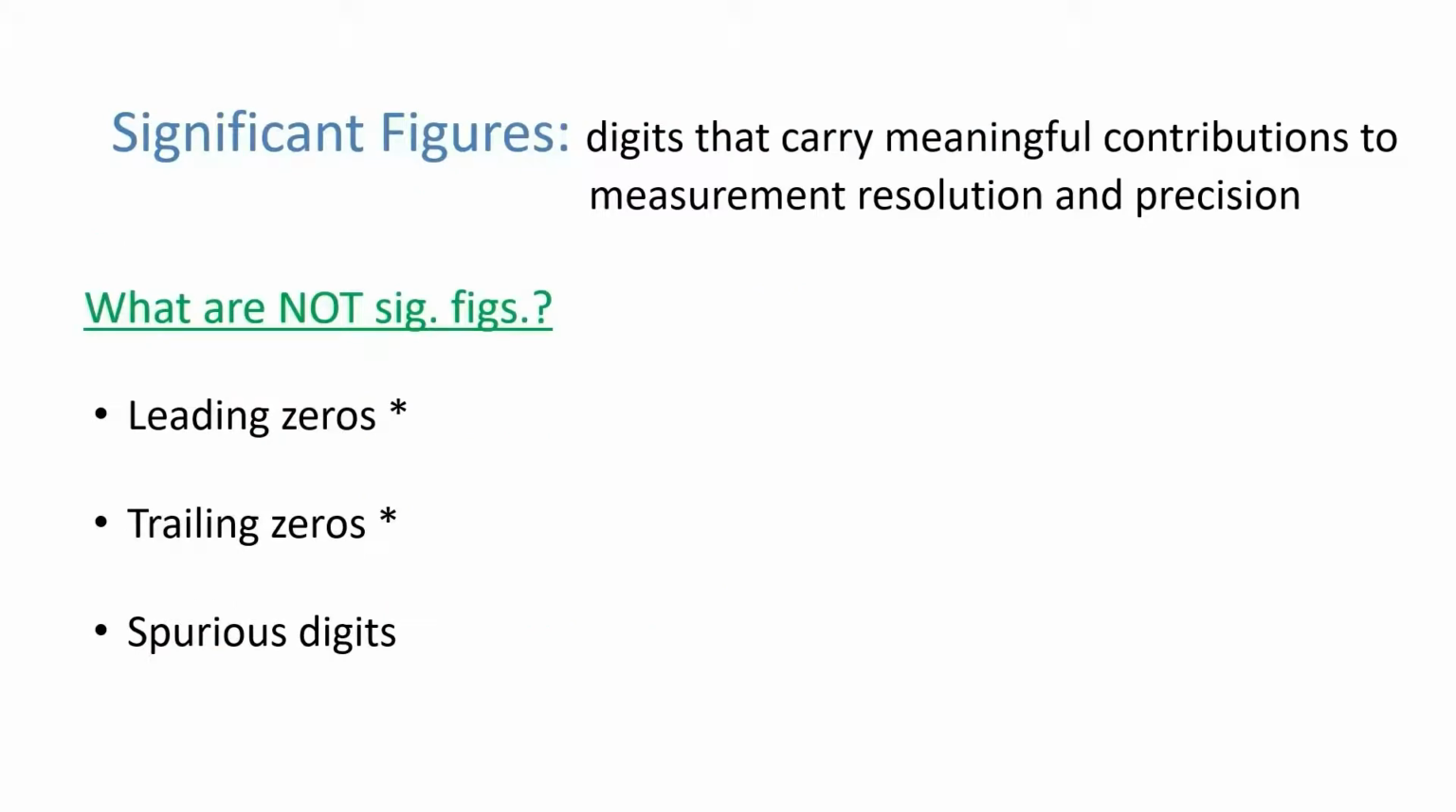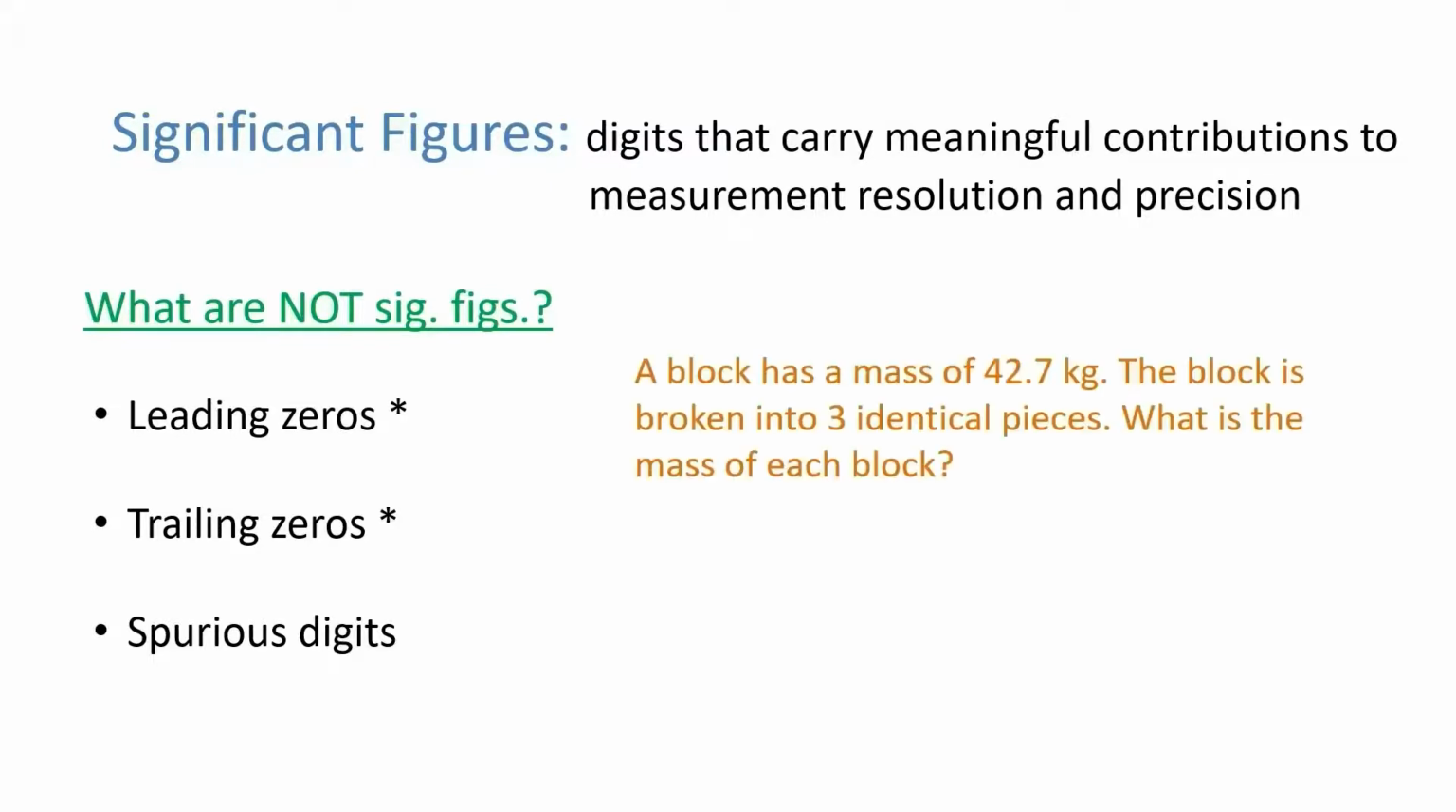Here's our last example of something that's not significant, what I'm calling spurious digits. I think it's best just to show you an example. So imagine you have a block that has a mass of 42.7 kilograms. The block is broken into 3 identical pieces. What is the mass of each block? Well, it's not too difficult. If we know they're identical, then we can just take